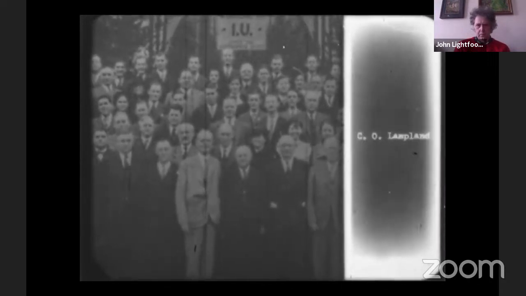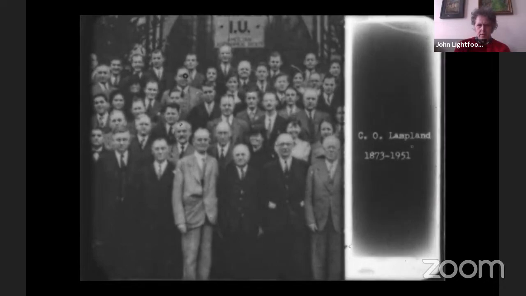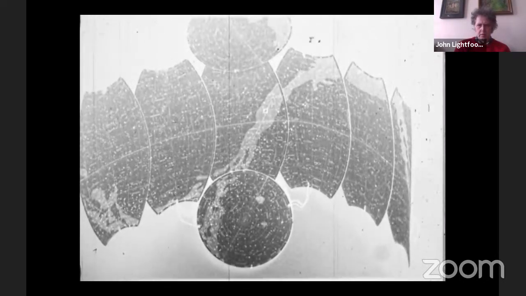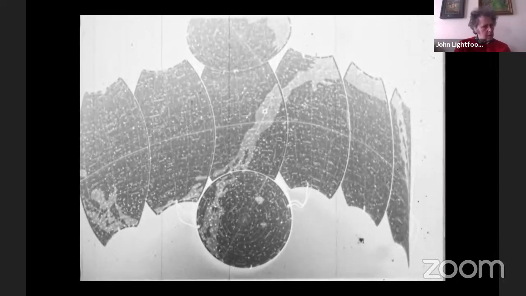Lampland and his wife are attending the 1937 meeting of the American Astronomical Society at Indiana University, the university from which Lampland graduated in 1902. Joined the staff of Lowell Observatory soon after graduation and remained there for the rest of his life. Hubble Nebula is found to the northeast of the Orion constellation in Monoceros.